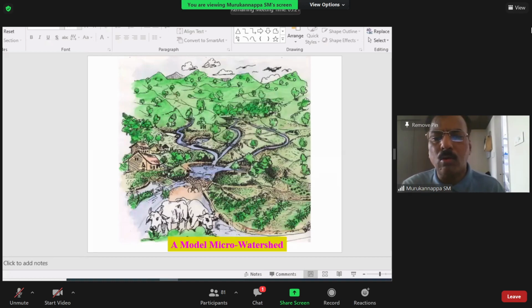So people are growing a crop, and also in some places you can find water bodies, where the water is stored. So these are the different kinds of features you can identify in a given catchment area. If you take the area as a large unit, or if you take a smaller unit, you can find these features.